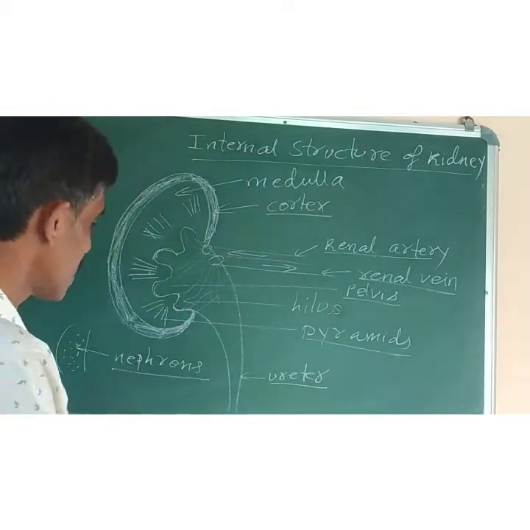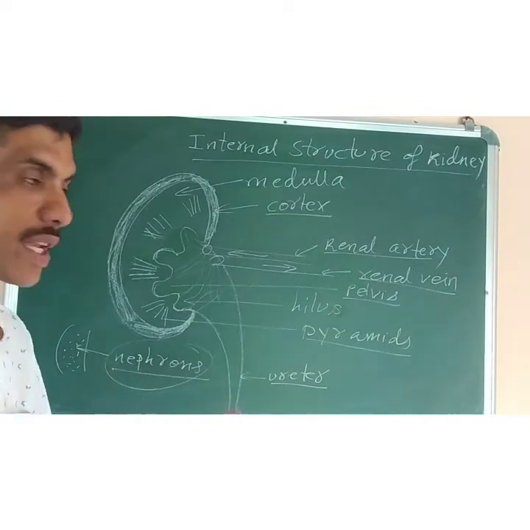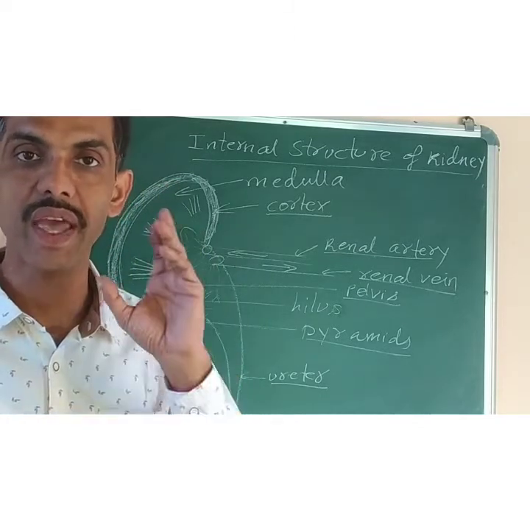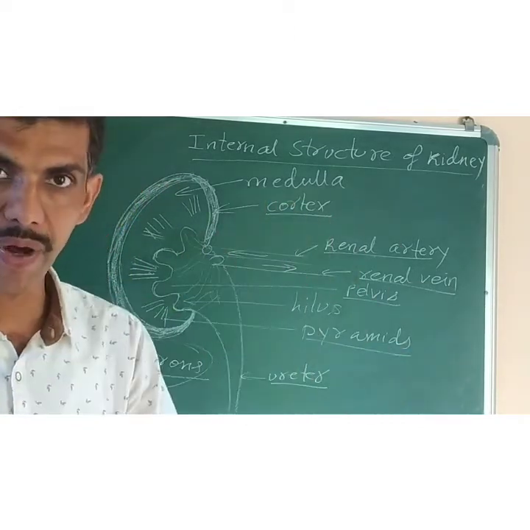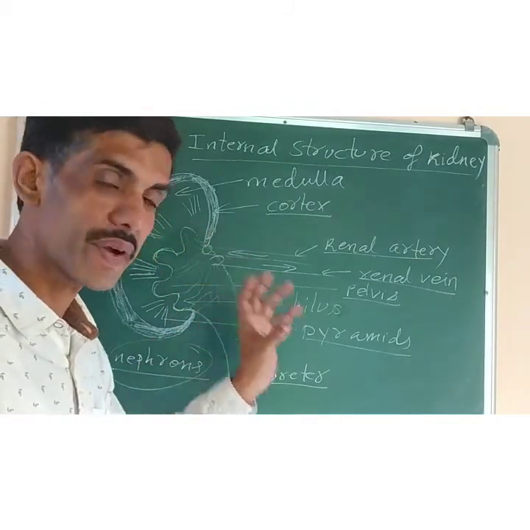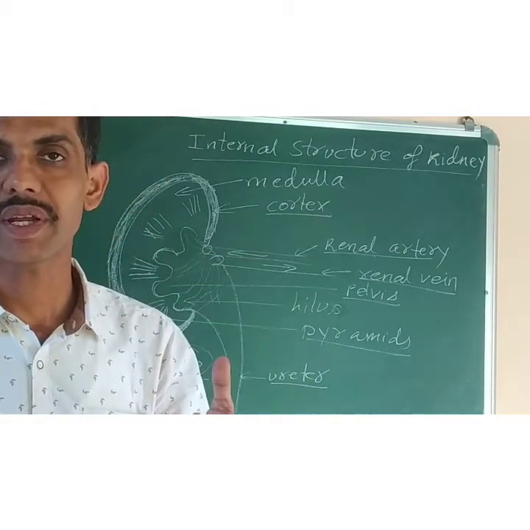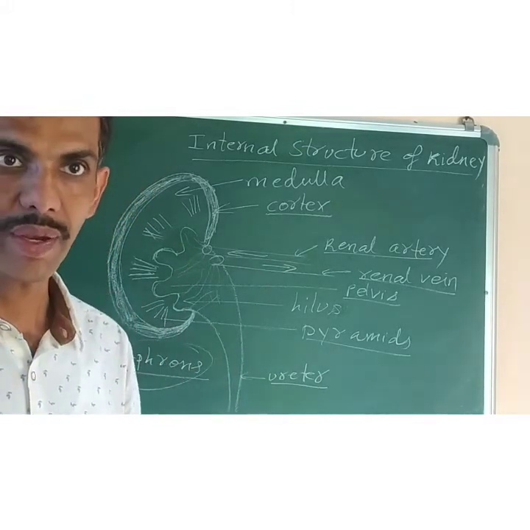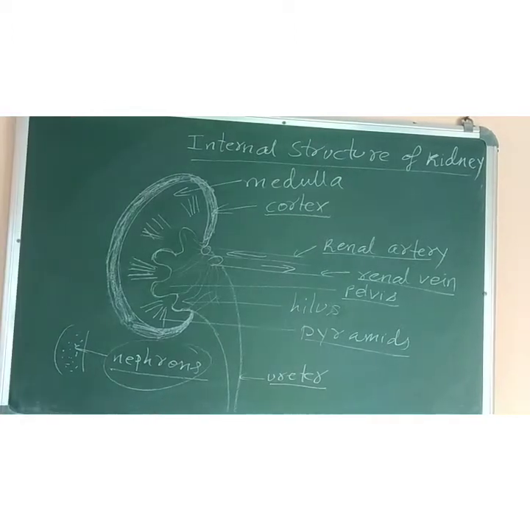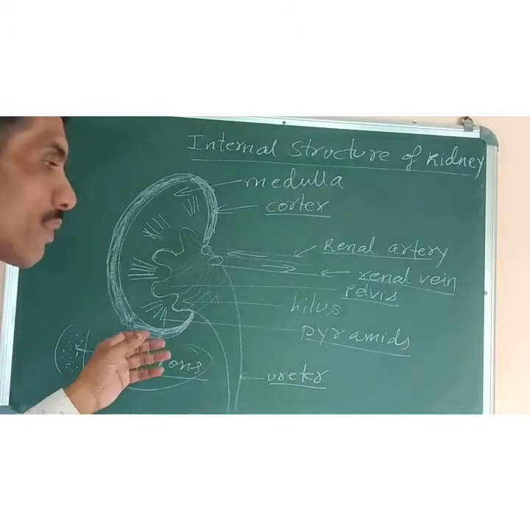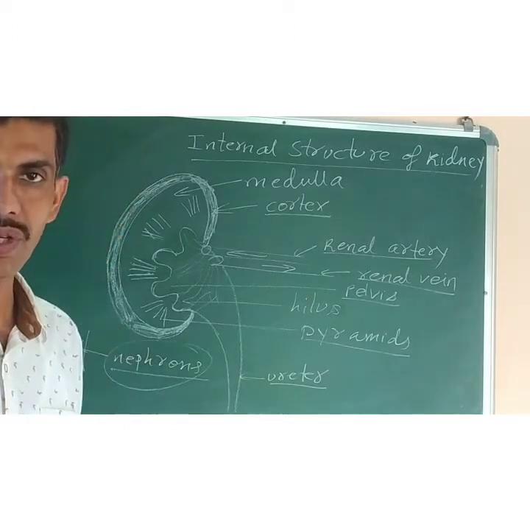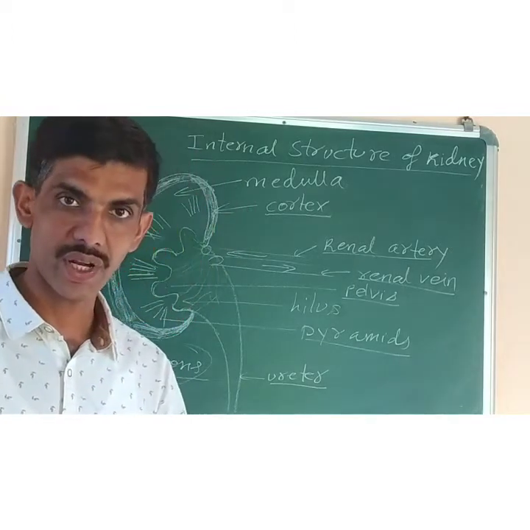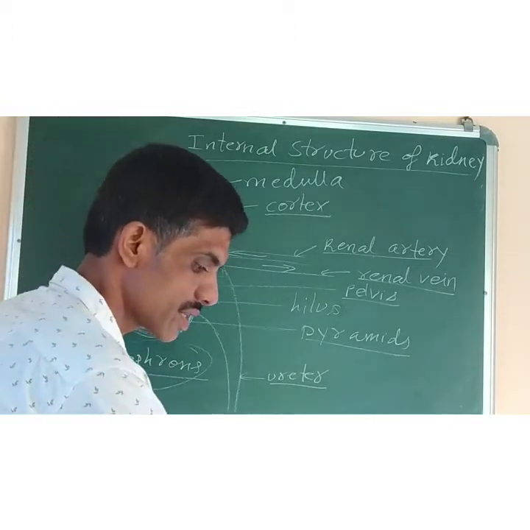Now what are nephrons? This one we have to study. Each kidney consists of 1 million nephrons, and nephrons are the structural and functional unit of the kidney. Means the kidney is made up of nephrons. What is the main function of the kidney? To filter the blood, to remove all the waste, as well as in the formation of urine. Alright. Now next is the structure of the nephron. So in the next topic we will study the structure of the nephron.